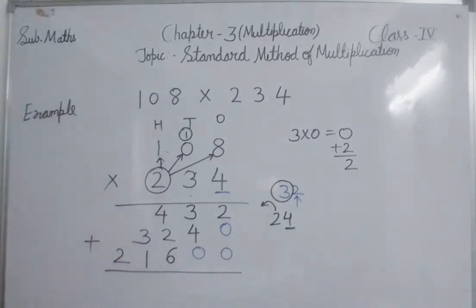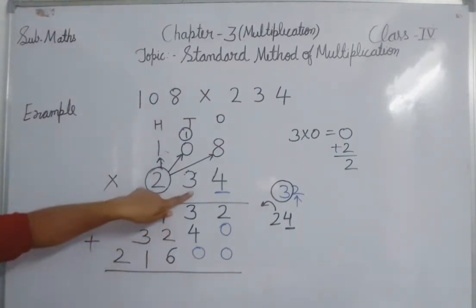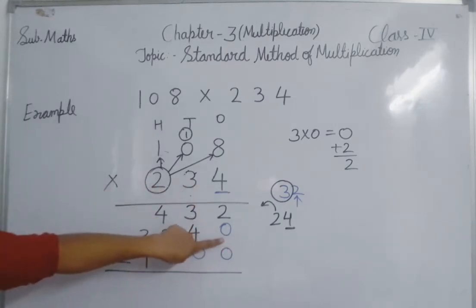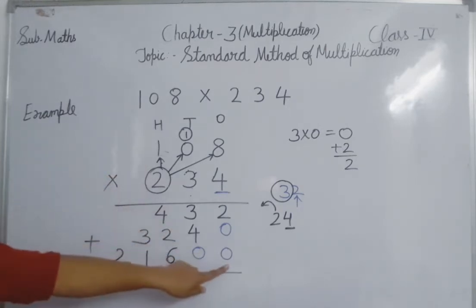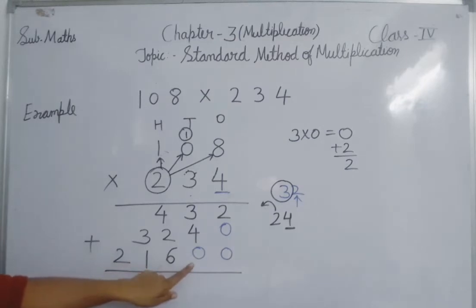One thing you need to remember, whenever we are doing multiplication for 10's place, on 1's place you have to put the 0. If you are doing multiplication from 100 house, 100's place, then 1's and 10's place should be 0. Then you will start from the 100 house. Clear? Now let's do addition.